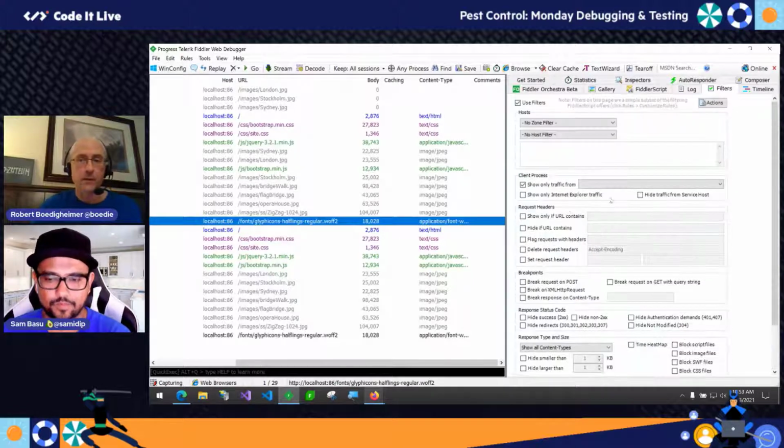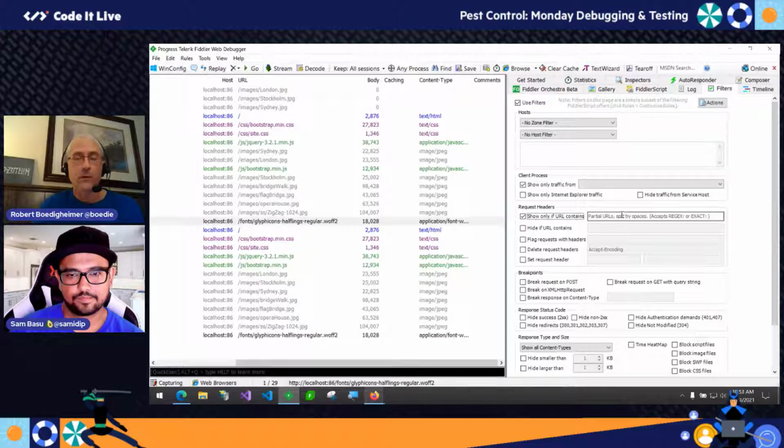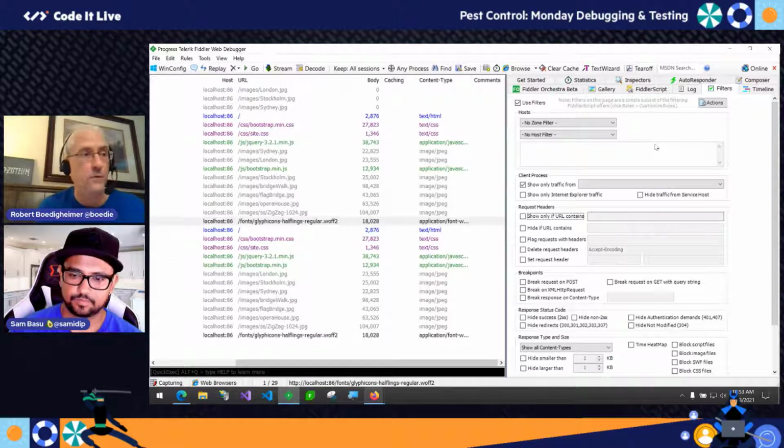So the nice thing about the filters is it's a nice user interface that gives you some of that kind of stuff. Like I only want to show only if the URL contains certain things. That way you can get rid of everything else you don't want to see. Or if that's not enough and you don't want to do it manually, you can always drop into Fiddler Script, like I did for the blocking if it wasn't from Telerik. You can write, if the URL contains this, I want to see it. If not, don't. You can literally hide the sessions. So there's a lot of ways to get to it depending on how you want to do that particular thing, if that makes sense. And you can write your own extensions for this down here.